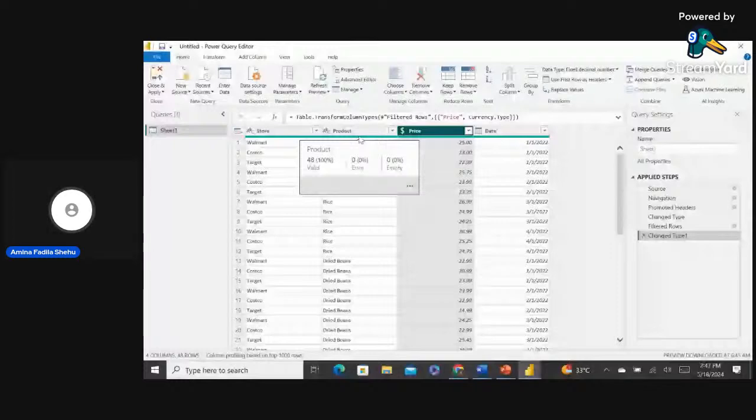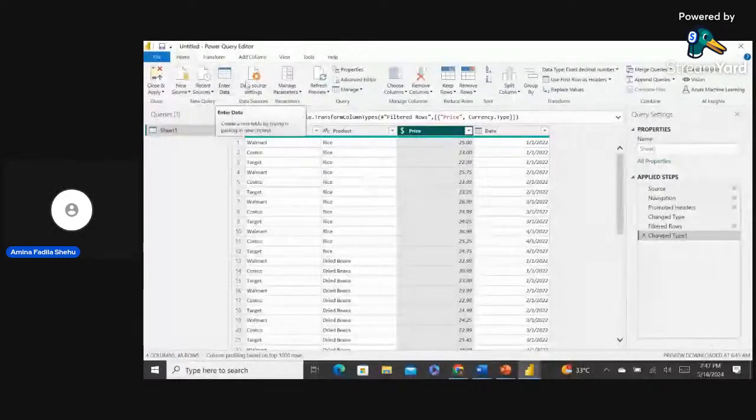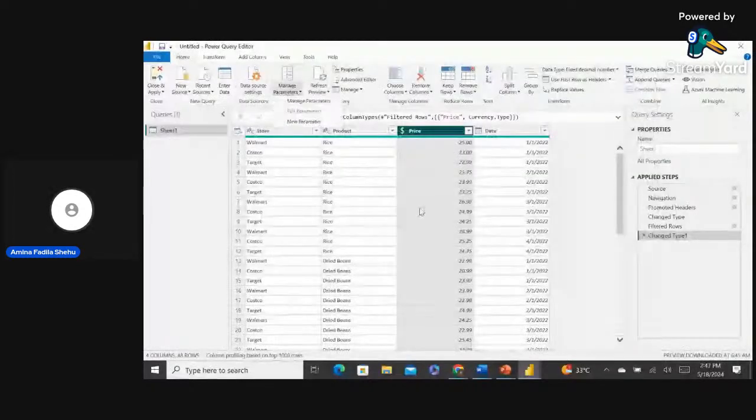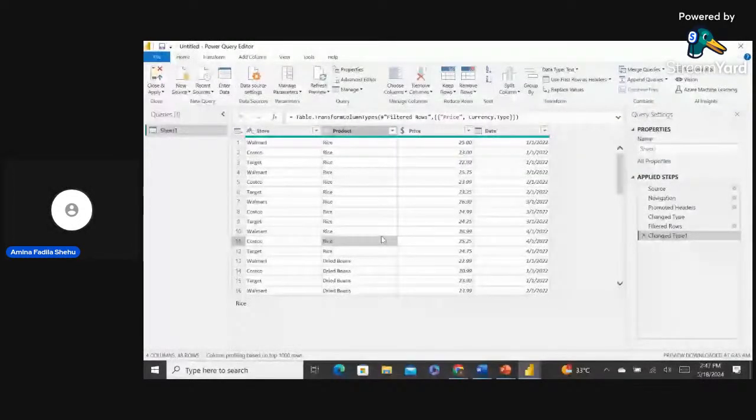Like I can enter data, and I can type other things that I want to add. Okay, I don't want to type anything, so I'm just going to cancel. You can manage parameters. You can refresh. You can remove columns. For example, I decide I don't like this column. Why is it even here? You can delete any column that you want. You can keep rows, you can remove rows, you can basically change anything that you need to change in your